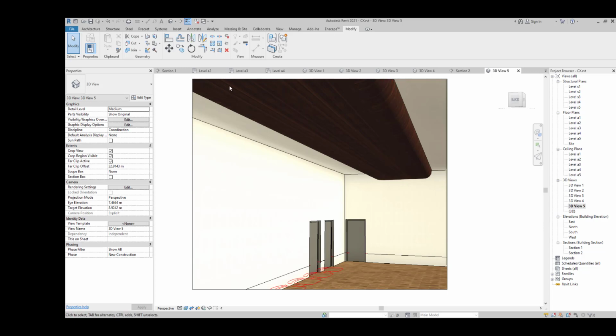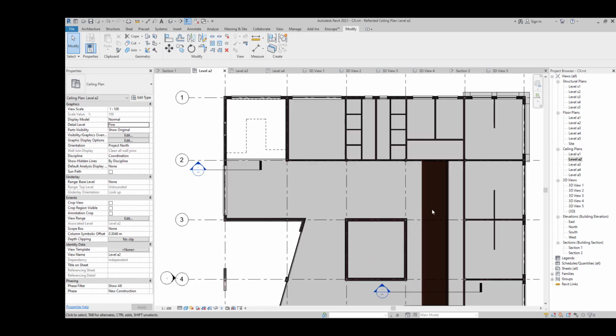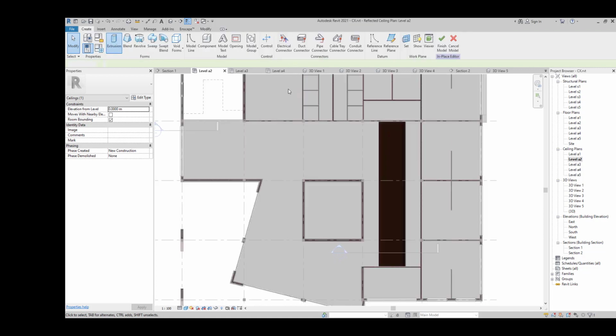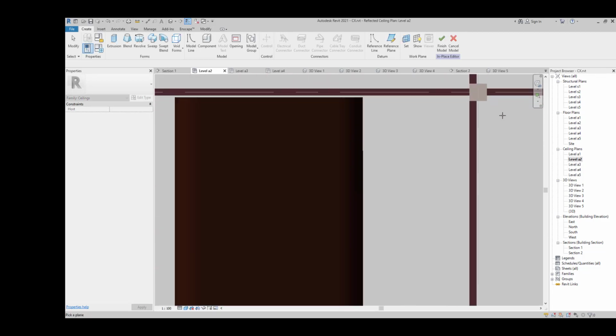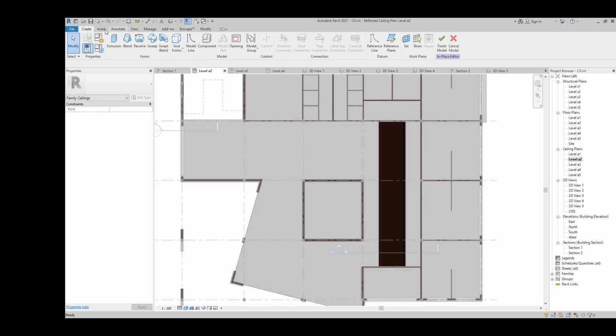So we can work on our lighting system here, or we can go to the right level, our level ceiling A2, and after that we can create some void elements by just clicking on our element, edit in place, and create our void extrusion. It depends on your mind or your idea, and how creative you are. After that you can create almost anything you want. So we are going to create some void here with the shape of,